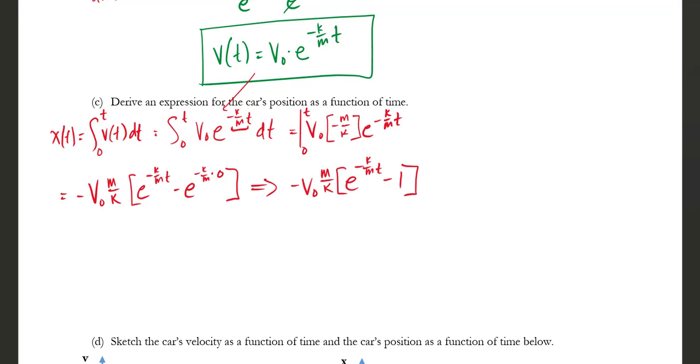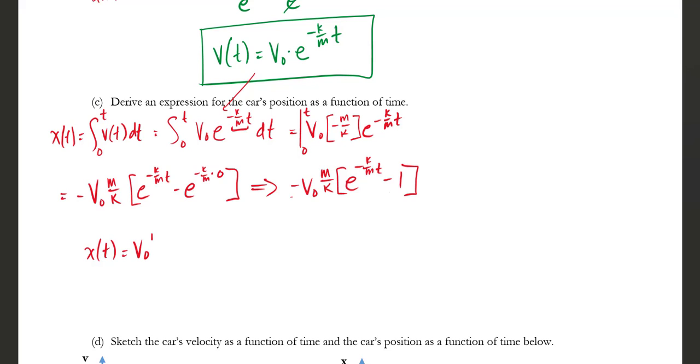And that looks, oh, we can do one more thing. We have a negative in the front here. We have a negative 1 inside there. Let's bring a negative out. So let's write this a little bit cleaner. And in our final version, we should get our position as a function of time is going to be